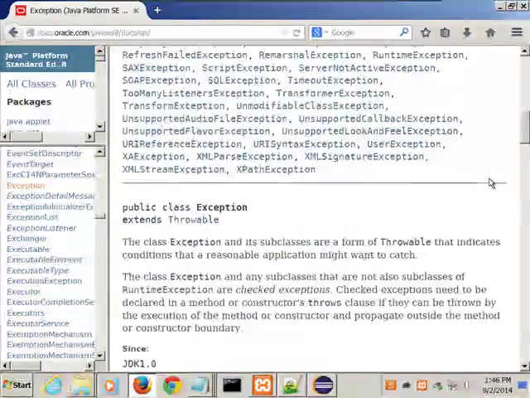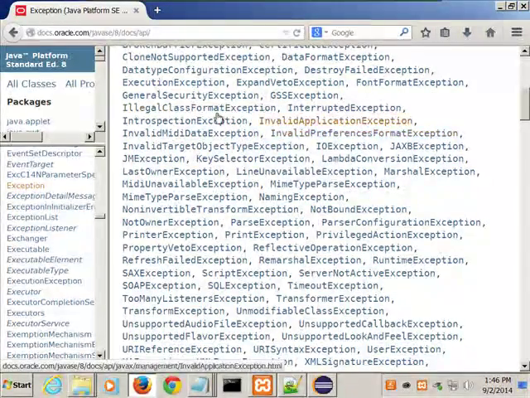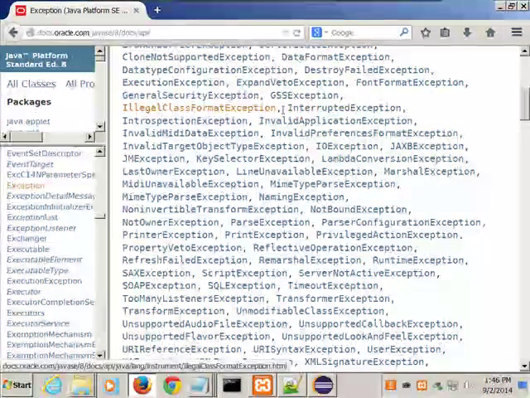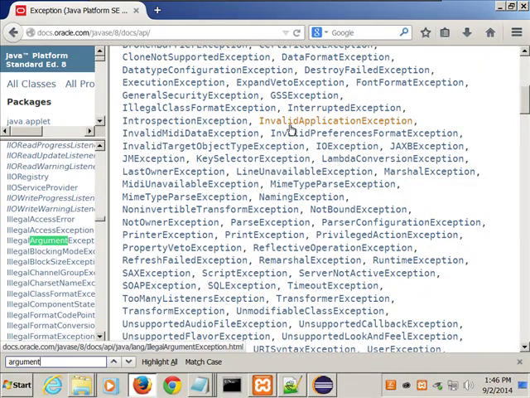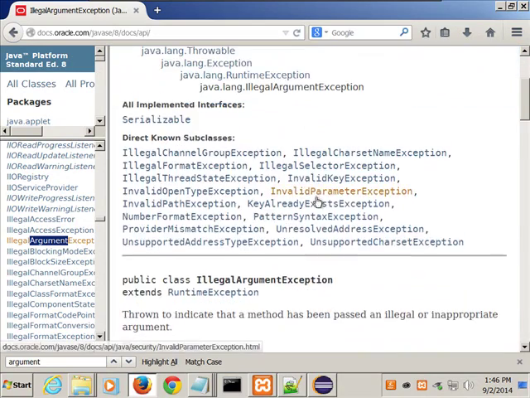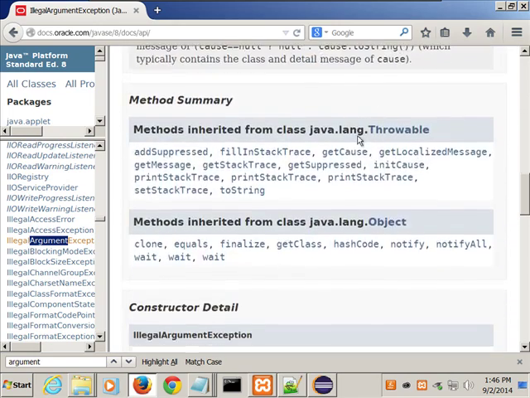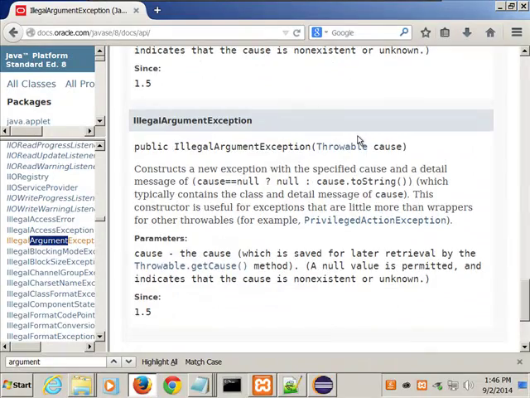And you'll notice they're hyperlinked. So what was it? Invalid argument? Illegal argument? Okay, illegal class. How about letting the system find it for me? Well, there. How about there? Illegal argument exception. Thrown to indicate that a method has been passed an illegal or inappropriate argument. Not real much in it, but they will show how it can be called, they'll give an example of it, etc.